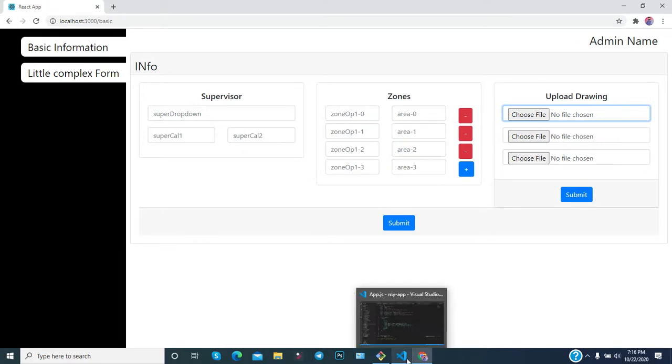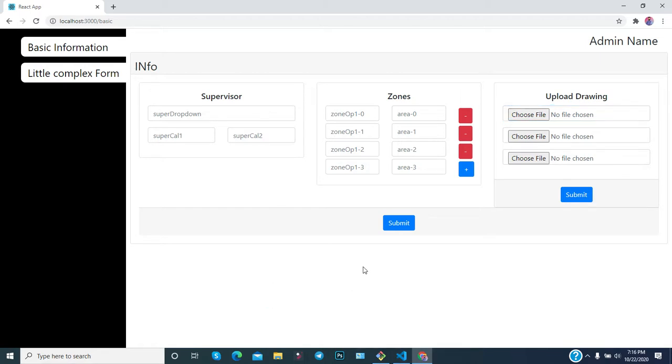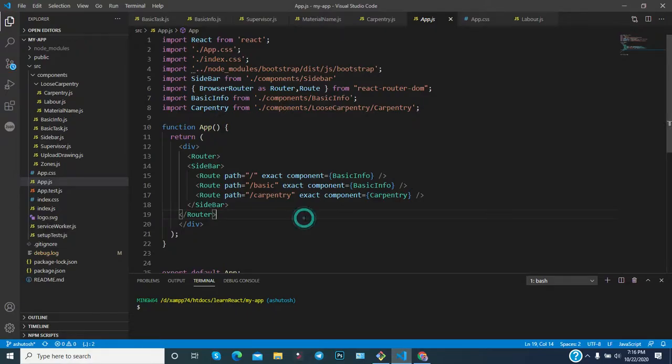As you know, in the previous episode I talked about routing, and now let's begin this type of functionality and this type of form. This is the component. If your routing is something like /basic, then this component will work. So we have imported the component. As you can see, this is the component.